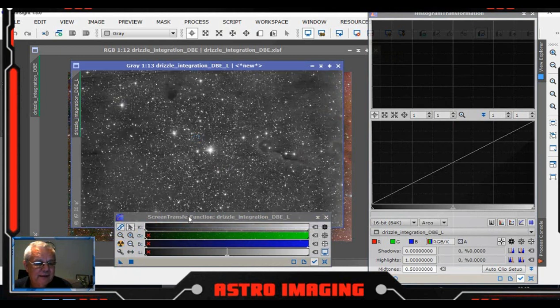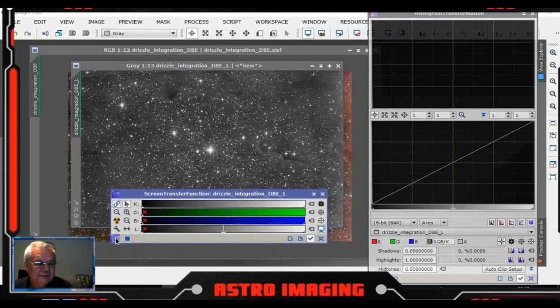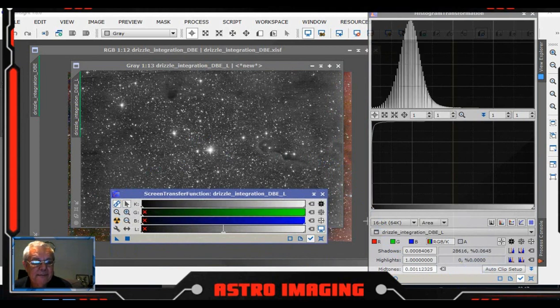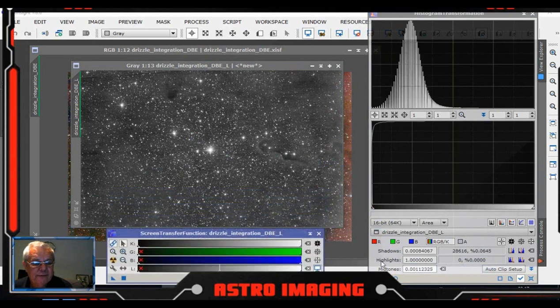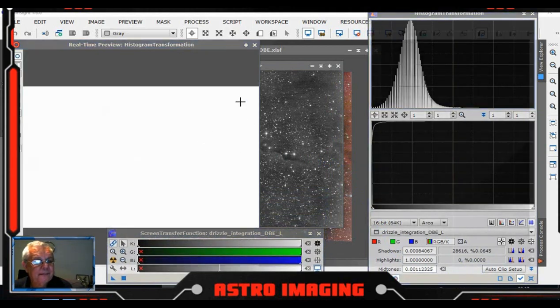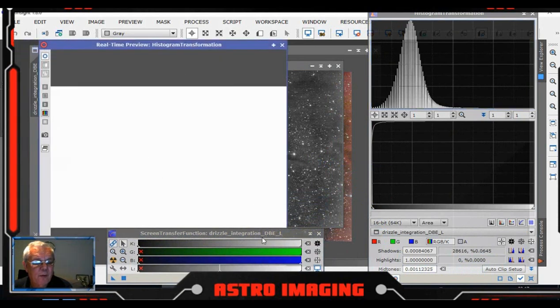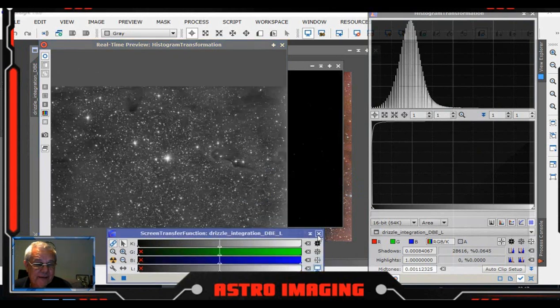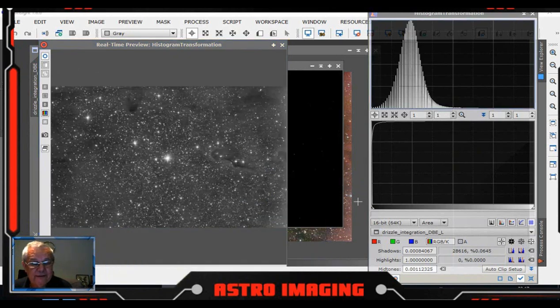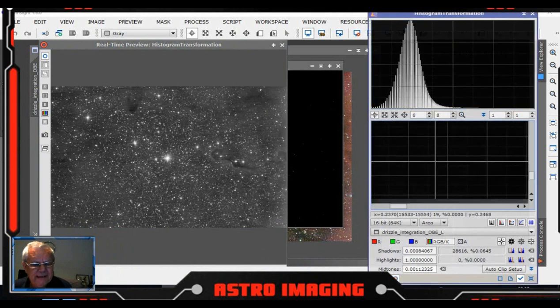Drag the triangle at the bottom of the screen transfer function over the bottom of this window here. And then we turn on the real-time preview. You can see it's gone white. It's because the thing's been stretched twice. So we remove that first stretch by clicking that reset button, shut down screen transfer function, and then want to